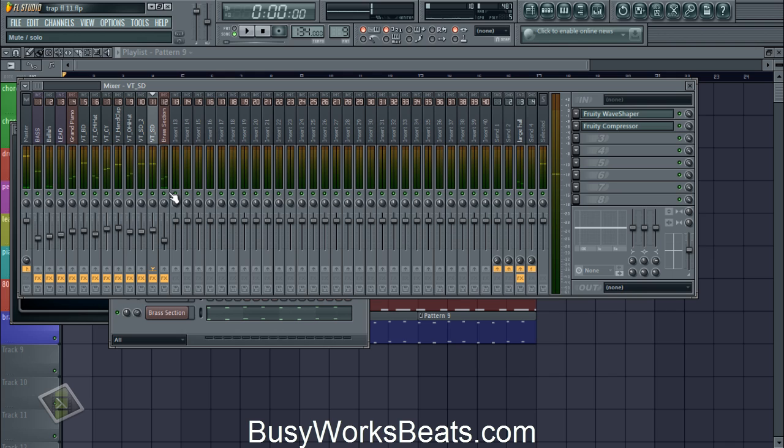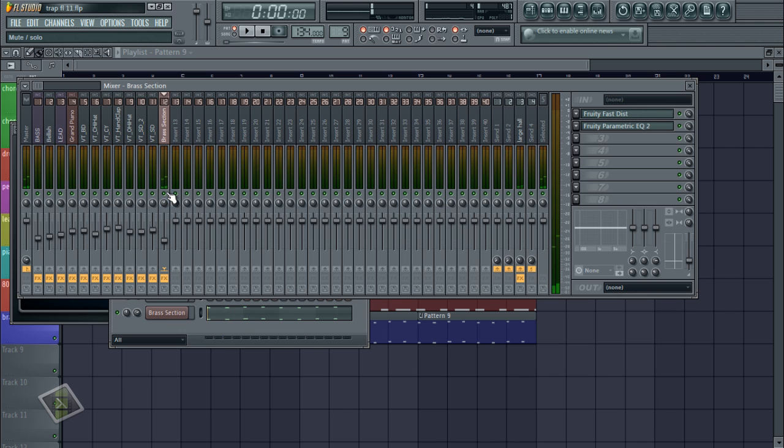Now you can feel how everything sounds way more controlled now that we mixed it. Doesn't sound so loose. Here's the brass. We already mixed it technically. Just gonna give it a little bit of hall reverb. And let's hear it. Let's hear everything now.